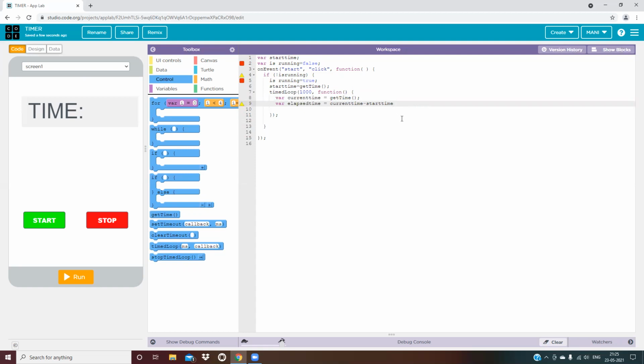Okay, and now we will write here elapsed time equals Math.round. Math dot round, M should be capital.